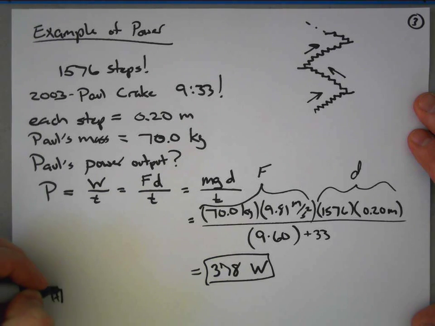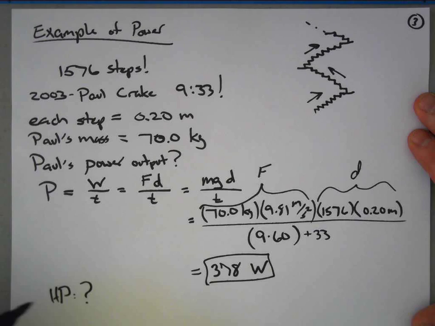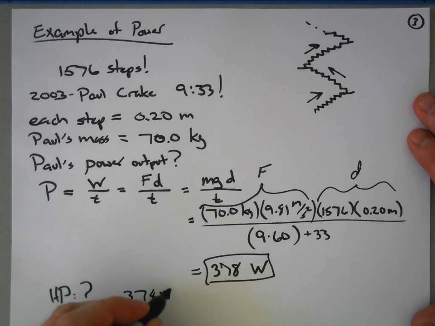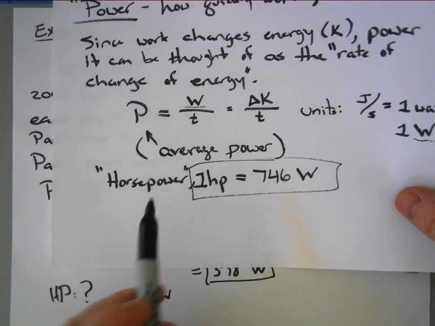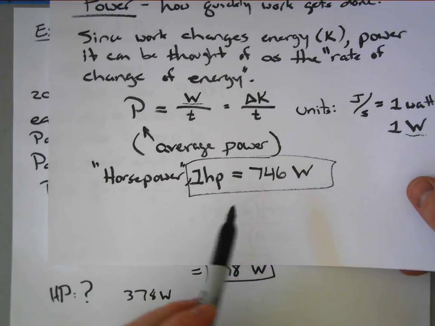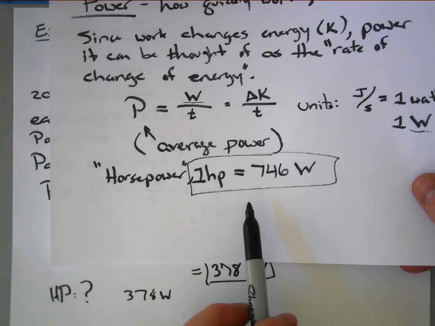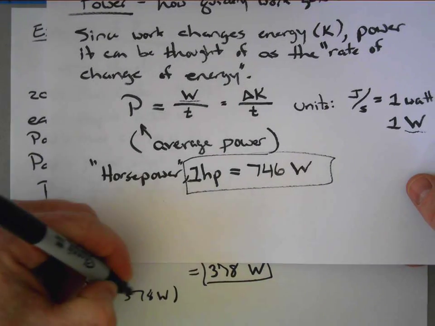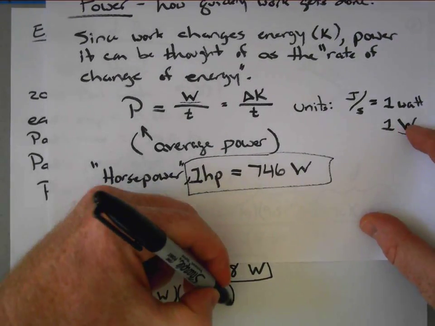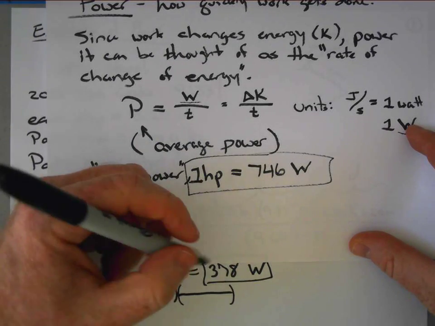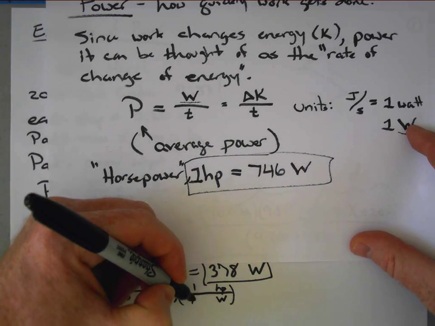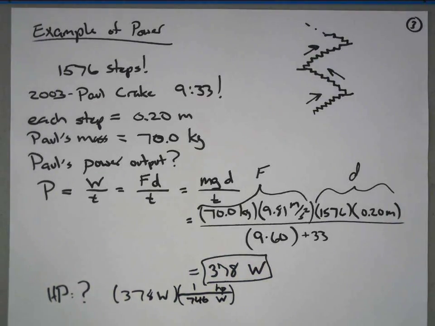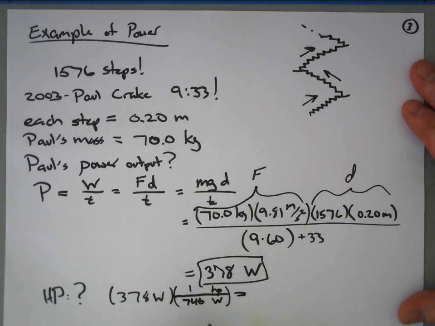Well, what was that in horsepower? So I take my 378 watts, and I have an equivalency. I know that 1 horsepower is 746 watts. So this equivalency can be turned into a ratio that equals 1, and I can simply use that to cancel out watts and leave me with horsepower. Watts on the bottom, 1 horsepower, 746. There's that ratio. And when I do this work,